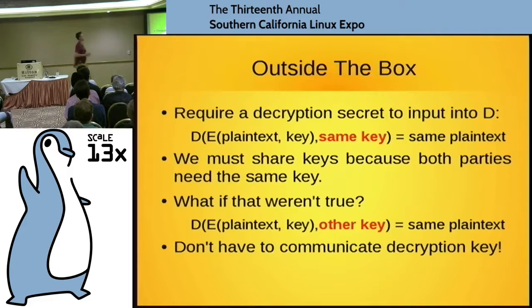So let's think outside the box for a minute. The problem is that both parties needed the same key. So let's just imagine if we had a more magical crypto system. What if they were different keys? Yes? Now, there's something beautiful about that, because only the decryption key has to be secret. That's why I was very careful to say there has to be a decryption secret. So if I generate a key pair, I keep one of them secret, and then I hand the other one to Dave, and I can just throw it out.